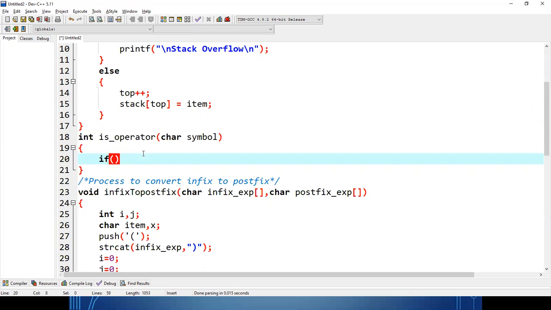I'll check if this symbol is equal to this one, or this symbol is equal to division.